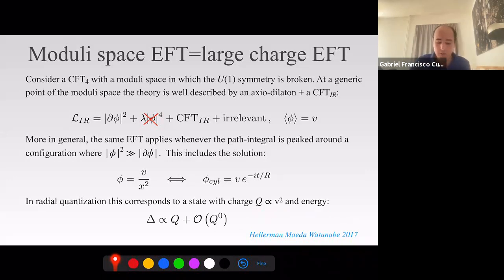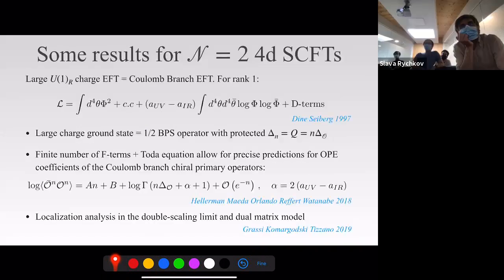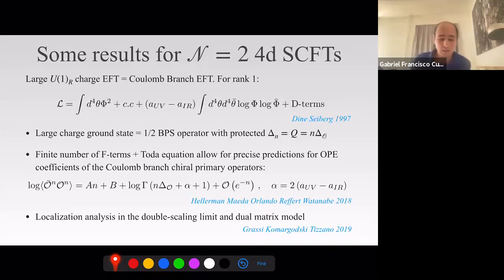Okay, so it's just a simple argument. Of course, now if you want to make predictions for the theory away from the conformal point, you should specify some theory, and specify some effective field theory more precisely. And of course, most of the application, at least the most spectacular one, is in the context of